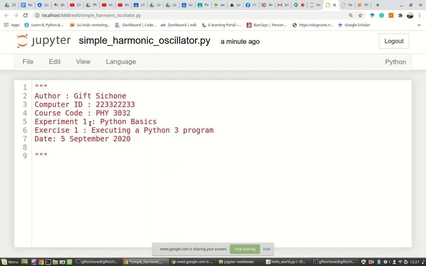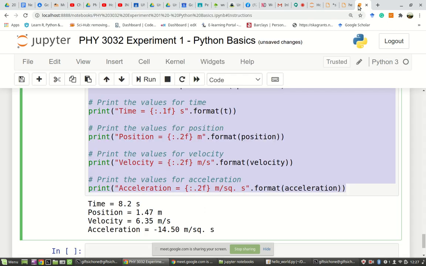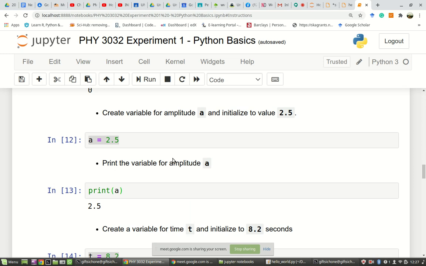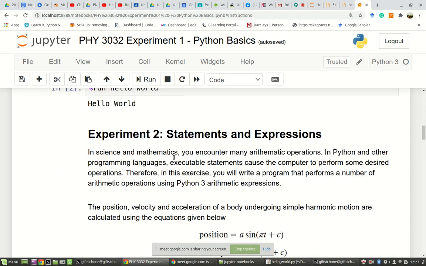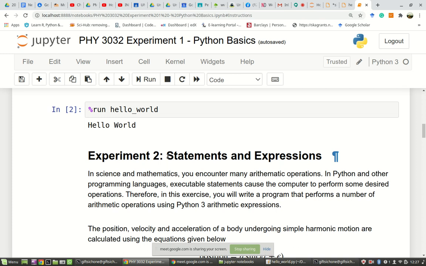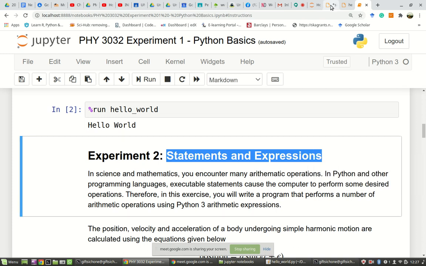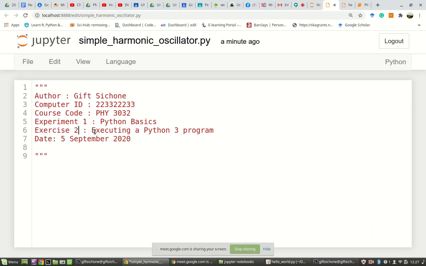And exercise 2 is what? Here. Statements and expressions. I copy that. I come there. I put there. So that's there. Okay, I can save a bit. Okay, so that's okay. Then down here, I come